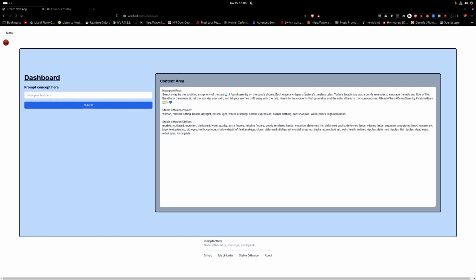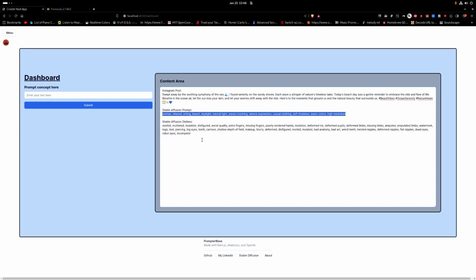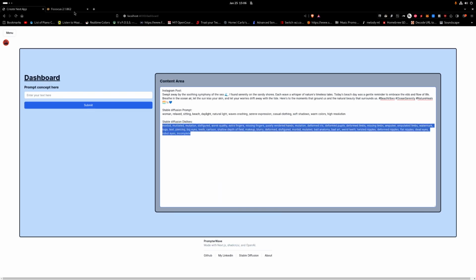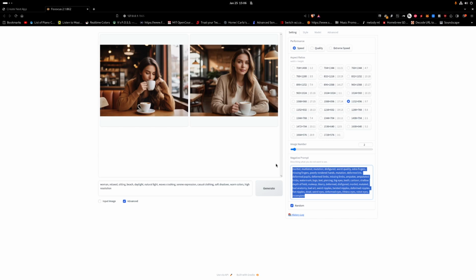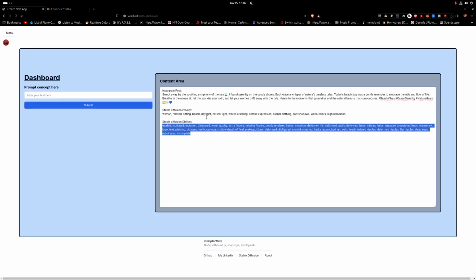So now that we have a post, maybe we can take this, and now this is assuming you already know how to run Stable Diffusion. I just did this a second ago to make sure everything was working. So I have these two pictures from before. I'm going to type in our new prompt. I'm going to take our new dislikes, which are negative prompts, things you don't want to see in your picture in Stable Diffusion, type those in,